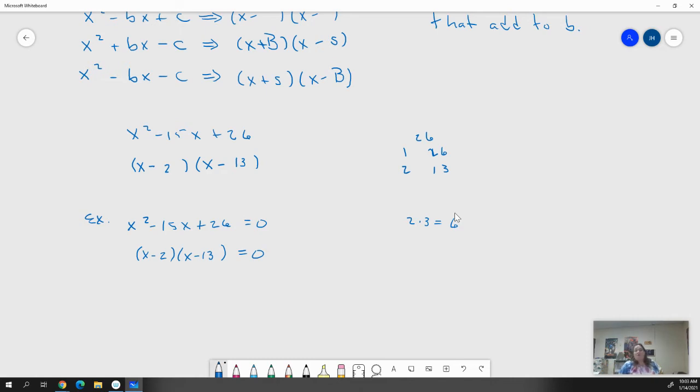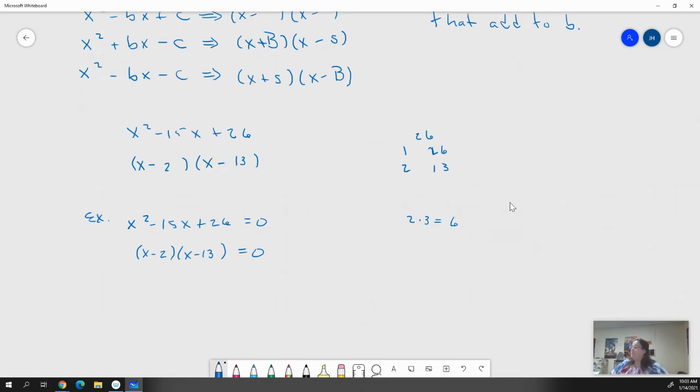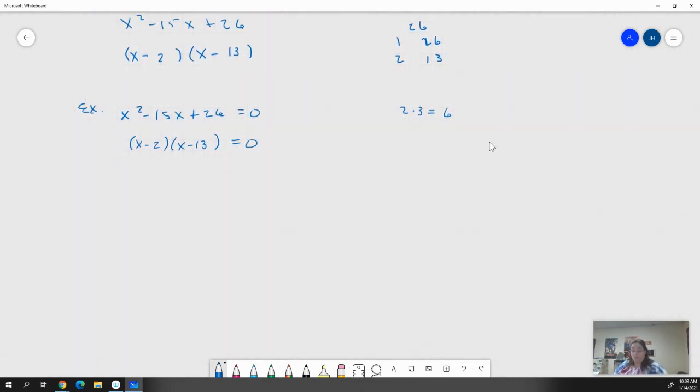And the way we solve these is we figure out what the zeros are. And the way we do that is by using what we call the zero product property. You guys might not know the term zero product property, but you know what it is. You've known it for a long time, right? You just didn't know that it was called the zero product property. And the zero product property says